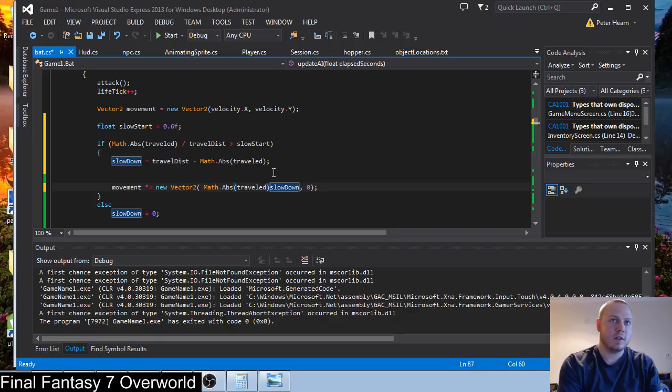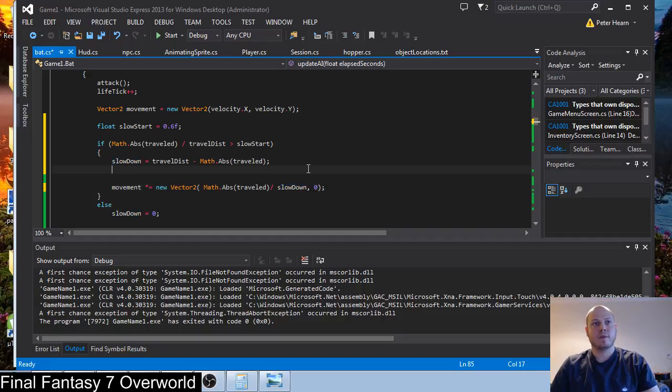We need something more like this. Or maybe we don't need to be multiplying it by that, but so that's going to give us the line to the end, and then